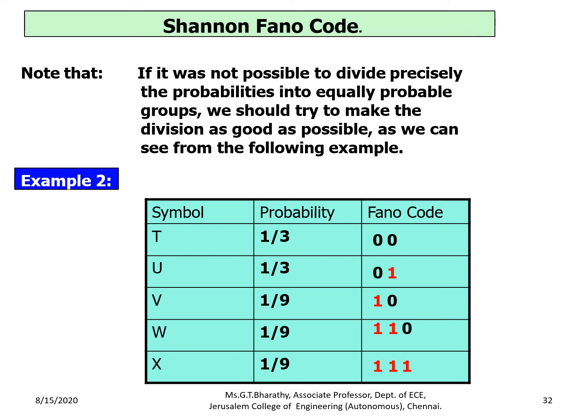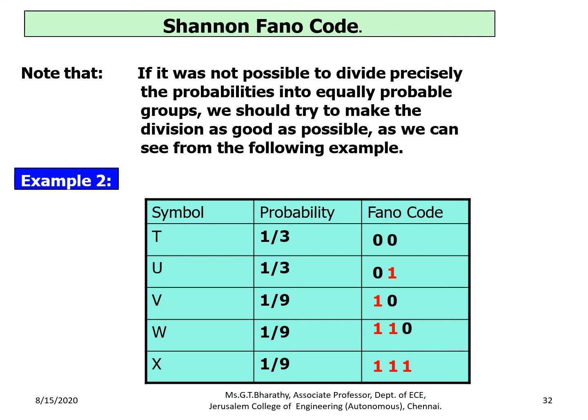What about the second step? In the second step, I have two symbols in the upper partition. So whenever we have two symbols in the upper partition, we give 0 to the upper part and 1 to the bottom part. Okay, so 0, 1. Now we have to split this bottom portion. This bottom portion can be split in two ways. The first way is, you can split this 1/9 separately and combine the other 1/9 and 1/9 together. So the upper portion has 1/9, which is denoted by a 0 here, and the bottom portion has 1/9 and 1/9, which is represented as 1 and 1.